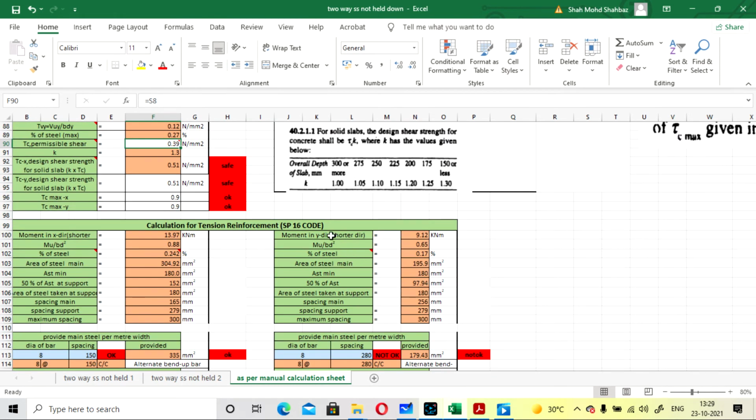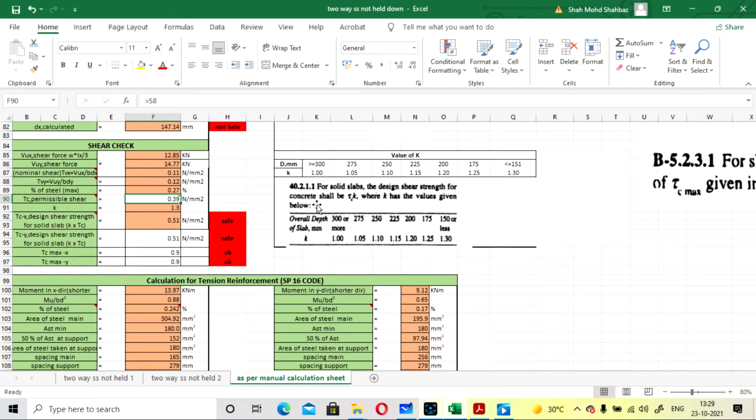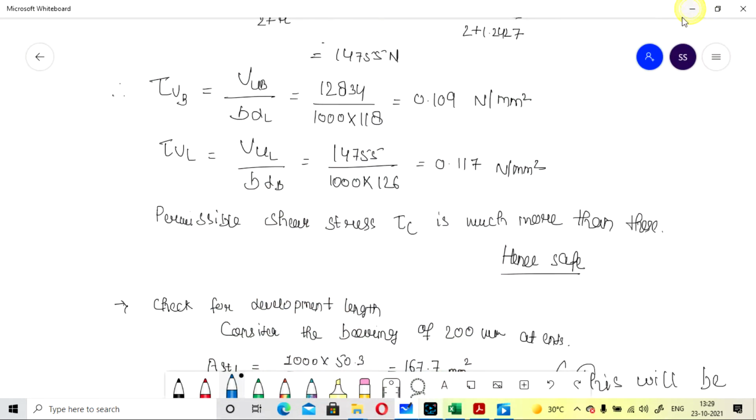From the percentage of steel and the tau Vx and tau Vy values, you can check your design shear strength. From the IS code only, you can get the tau c value.